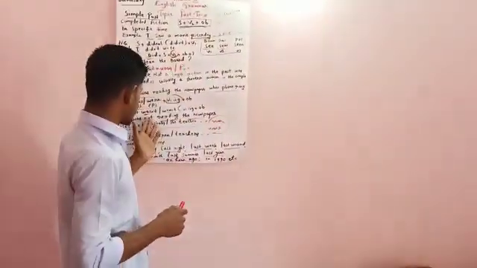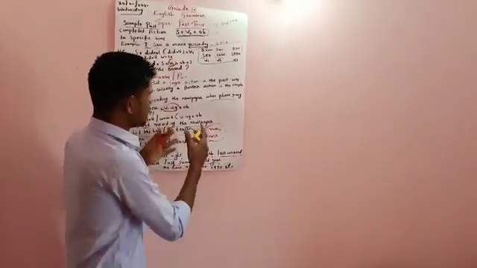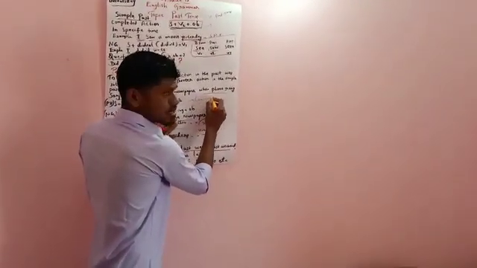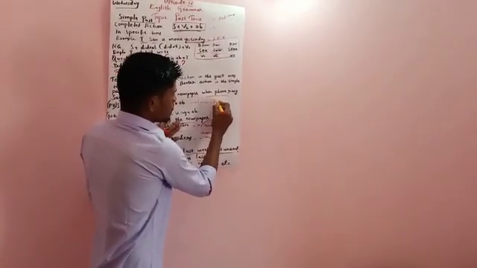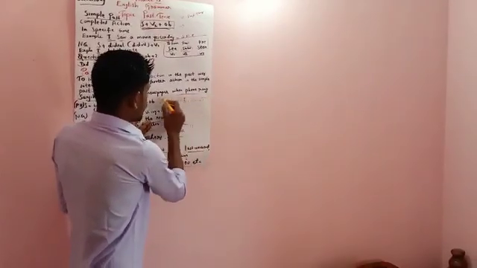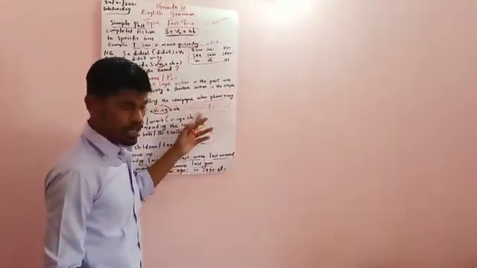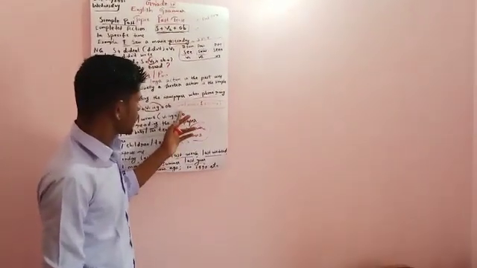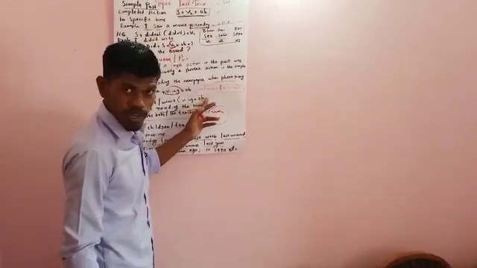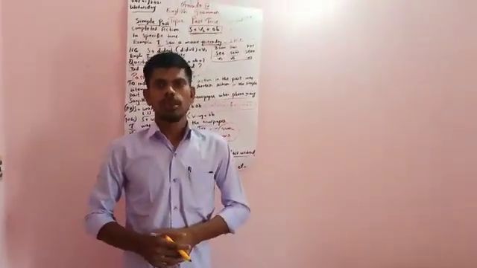So if you want to make the past continuous a question, it is the same thing: just use was or were plus subject, then V1 ing, then a question mark. For example, was I learning, was I going, was I playing, were you listening, were the children crying, were the students laughing, was Ramu crying, etc. So you can keep these things in your mind. This is the formula that you are supposed to keep in your mind.